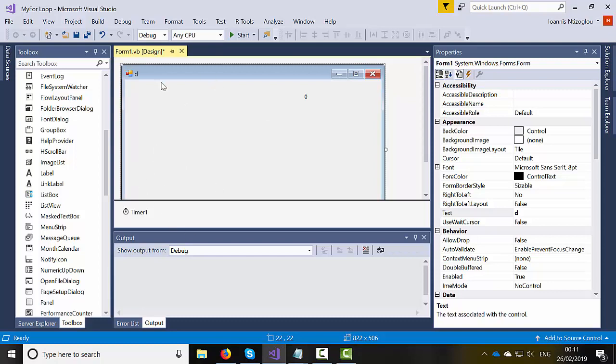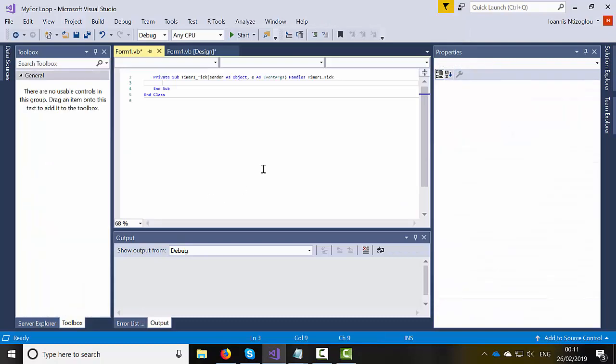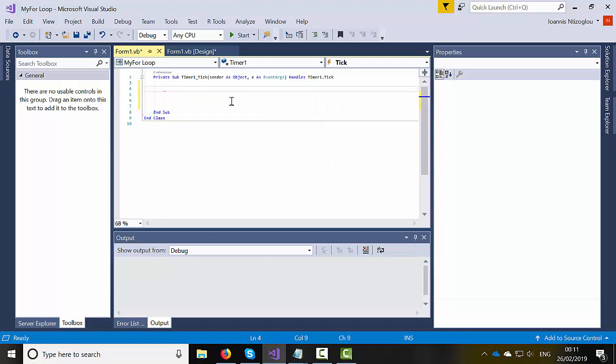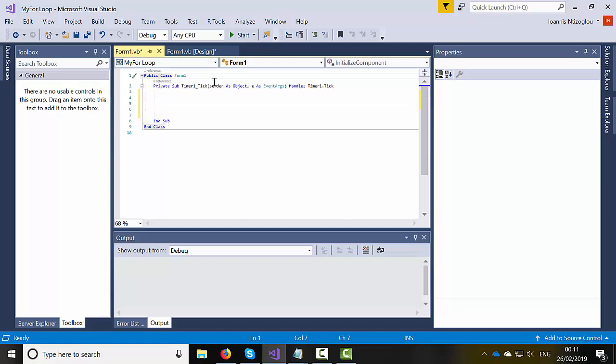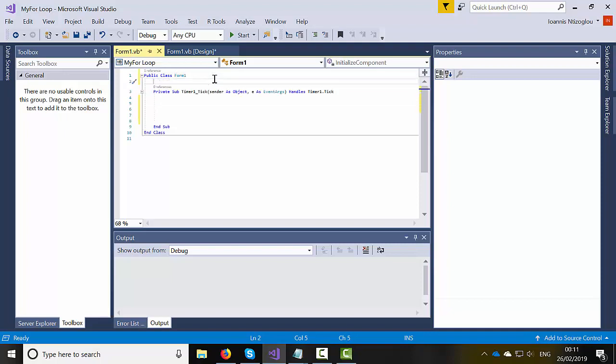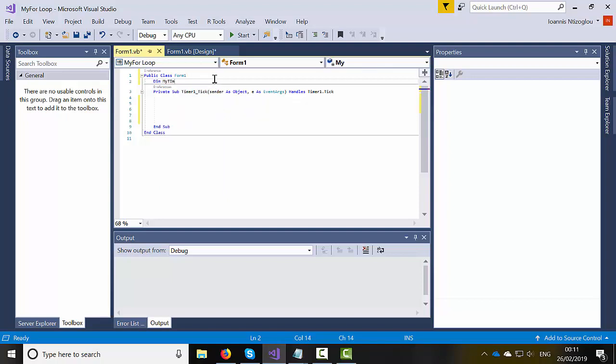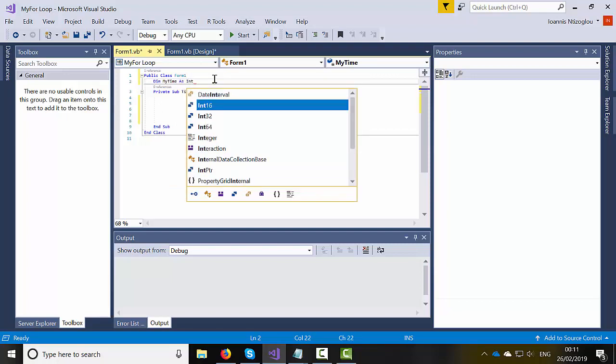I'm going to double click on my timer and skip a couple of lines. I'm going to create a variable, outside the timer. Using Visual Basic, we'll say Dim my time as integer,